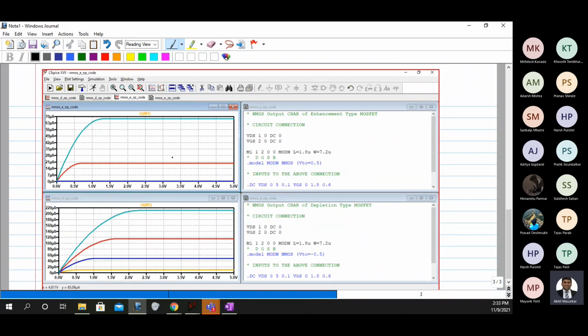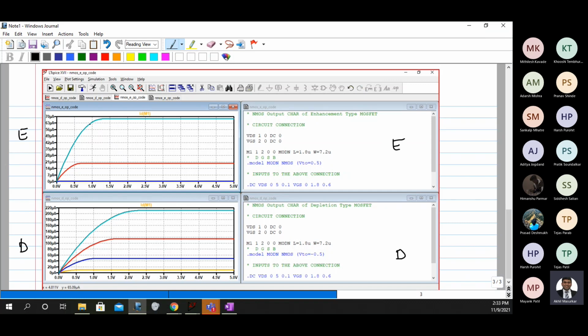Here, please note this is enhancement, and this is the characteristics for depletion. This is the code for enhancement and this is the code for depletion.